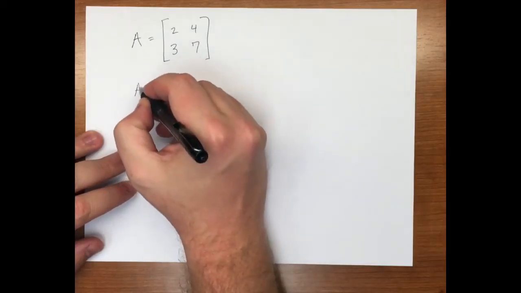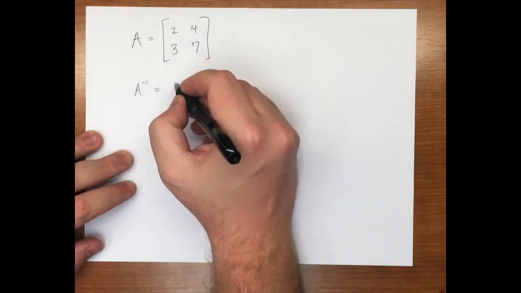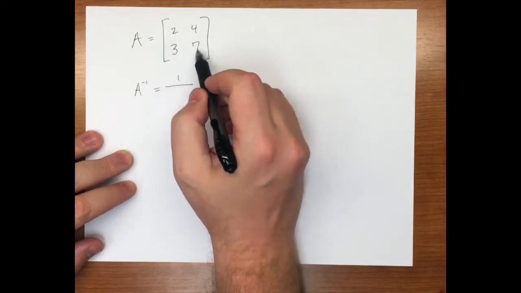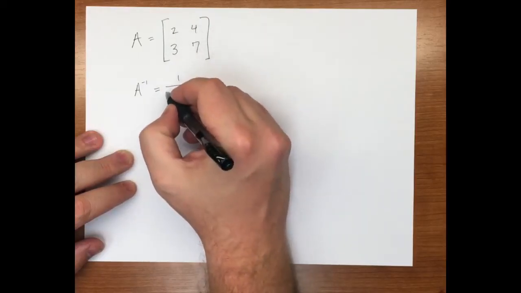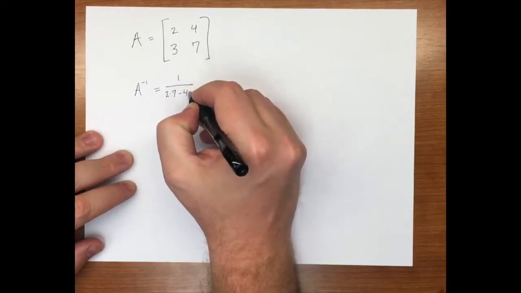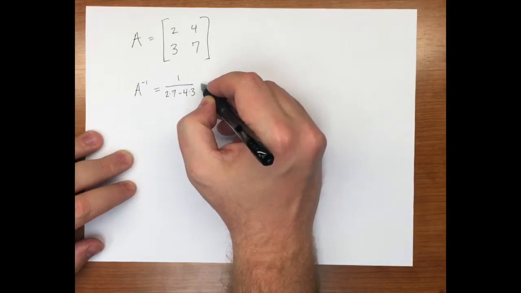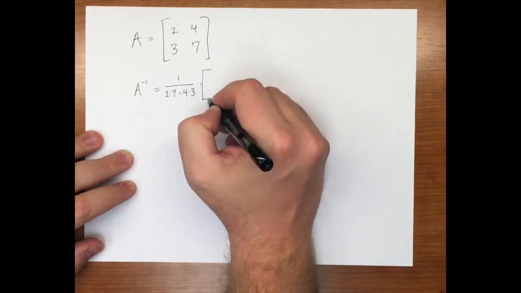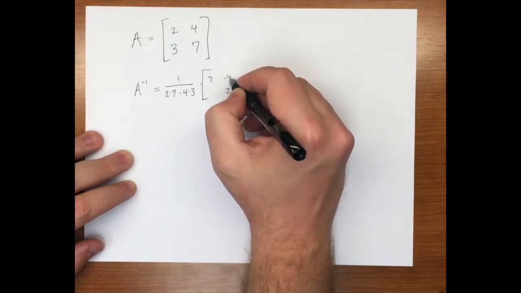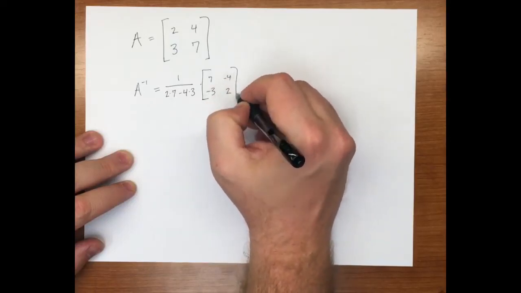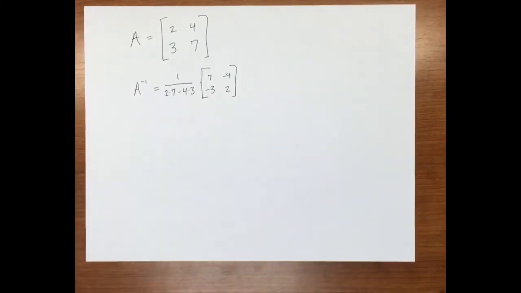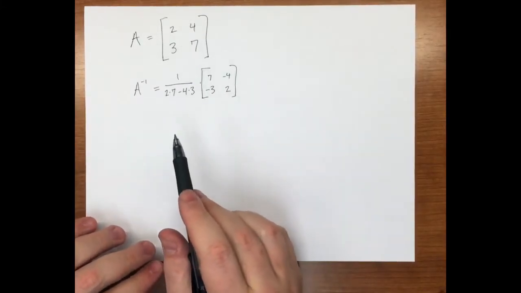Remember, the formula says A inverse is 1 over, and then we take A times D minus B times C. It looks like 1 over 2 times 7 minus 4 times 3. And then we multiply by the matrix that looks like 7 up here, a 2 down here, a negative 4, and a negative 3. If you don't remember this formula, go ahead and take a look in the last video about how to find inverses, and hopefully that will